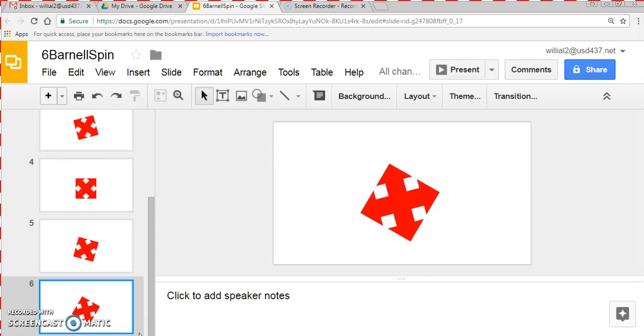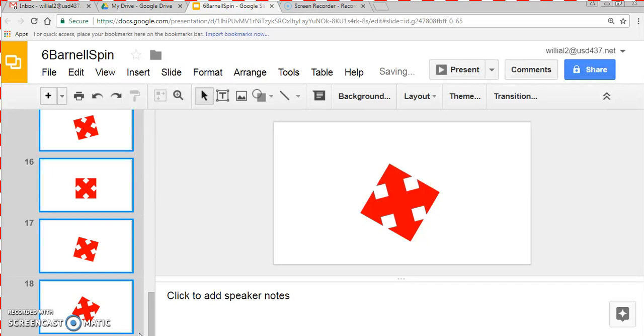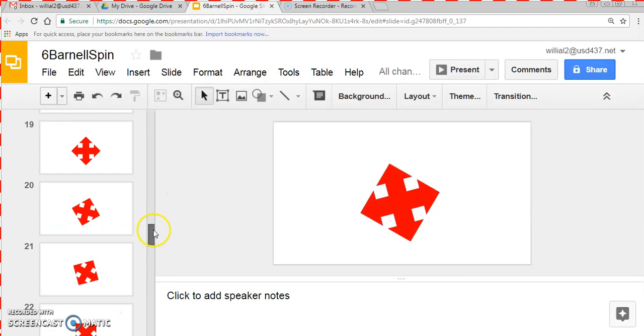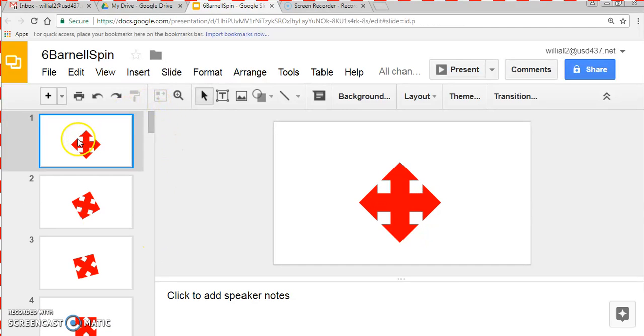And now I'm going to Control V is paste. Control V, Control V. Do that a bunch of times. Now if we go back to the first one, and I want to present it,